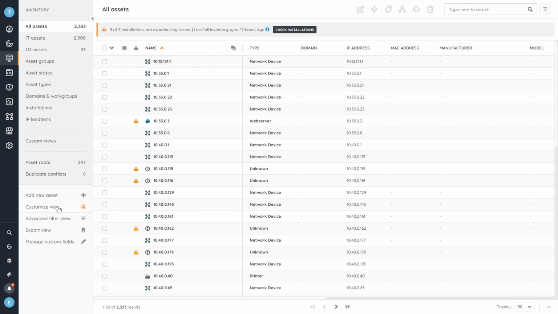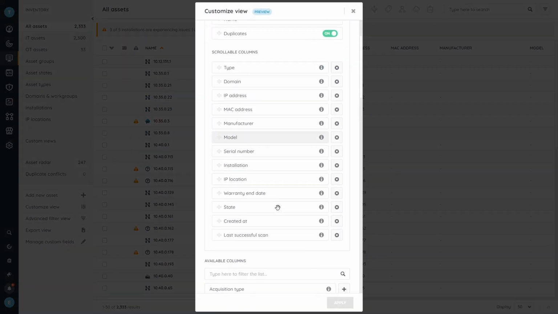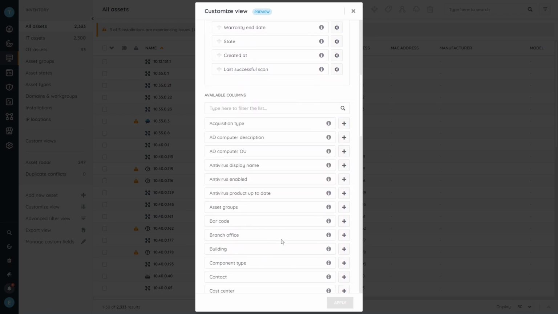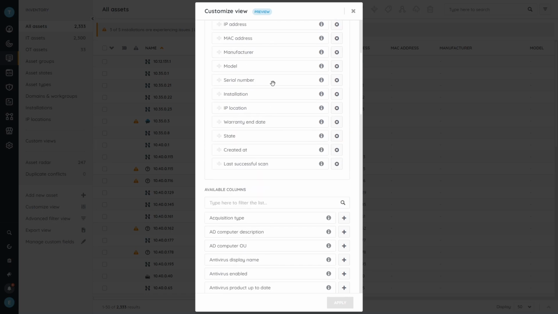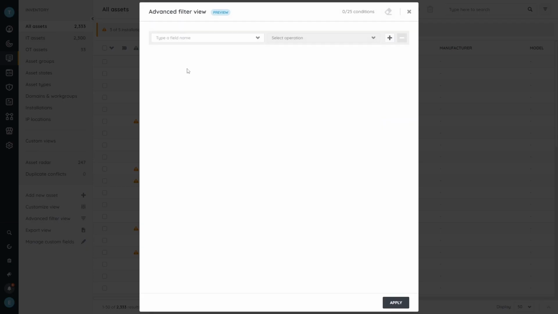So you'll be able to basically create a custom view where we have the default fields that were in the view, but will allow you to add additional fields as well, or remove fields if you don't want to see them. And I think a big part of that is also being able to filter and add advanced filters